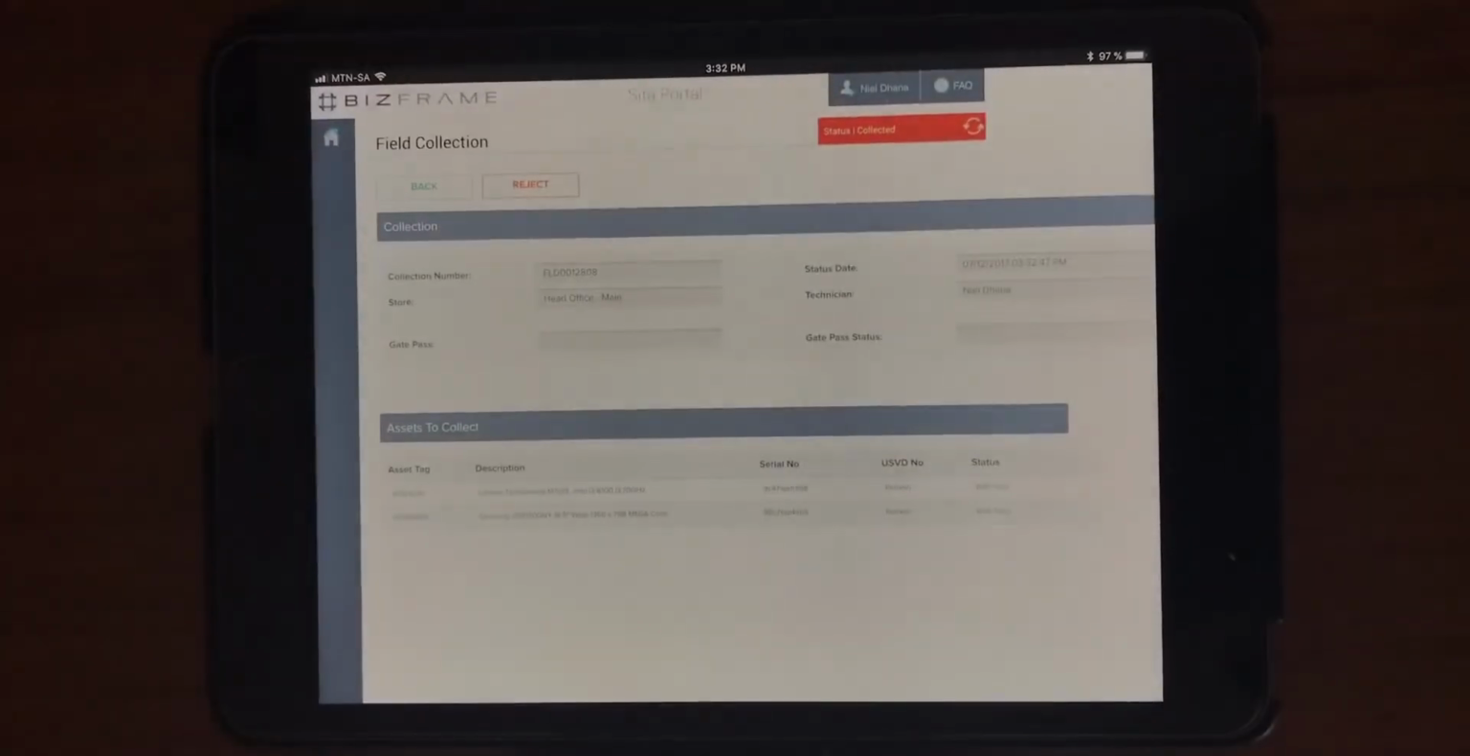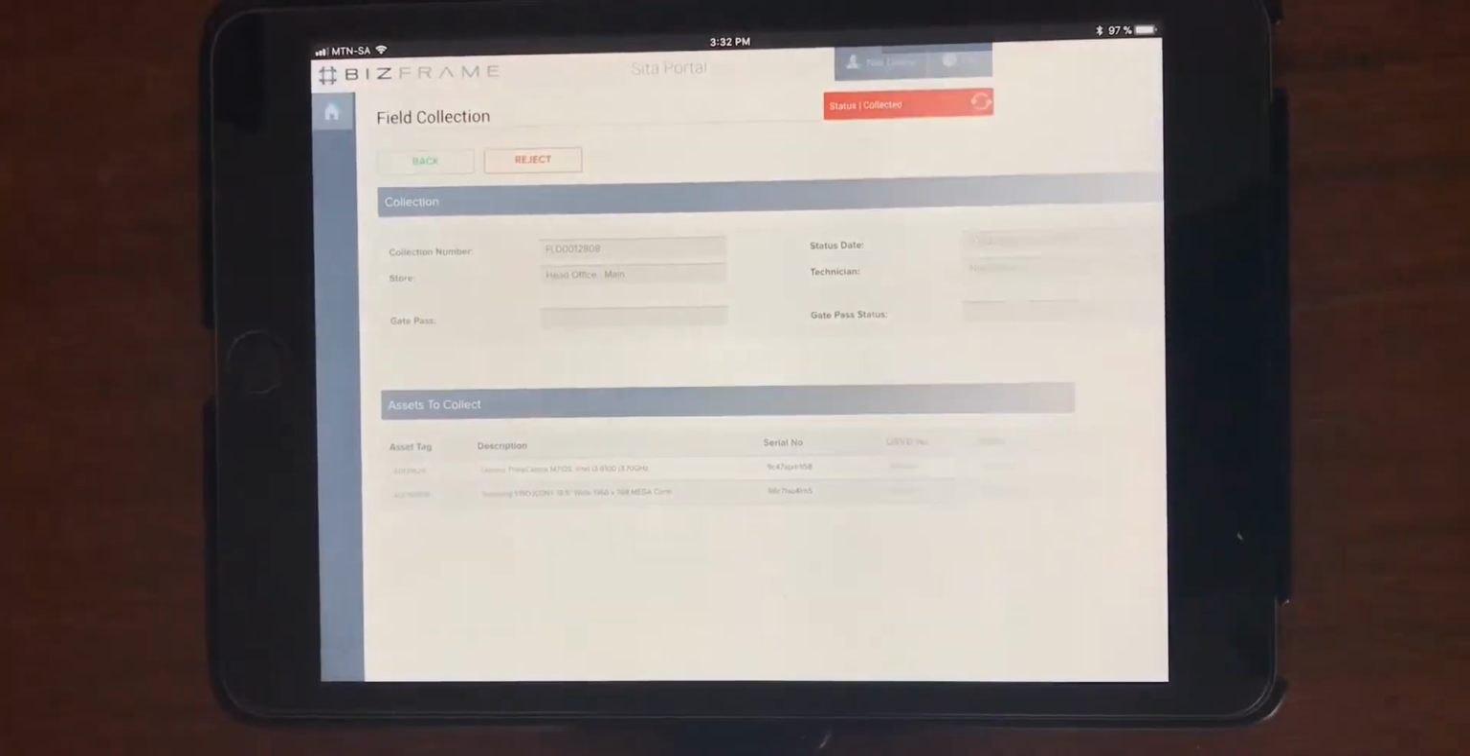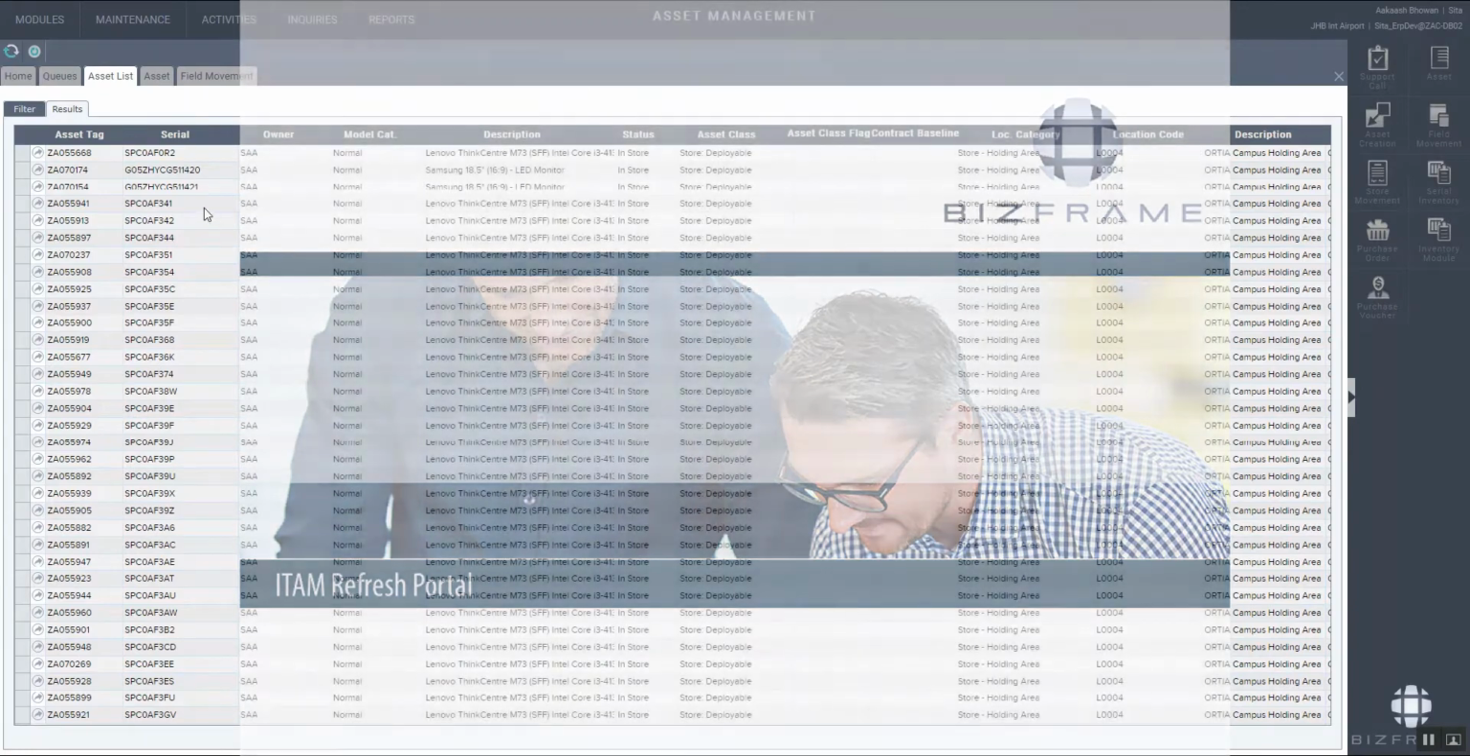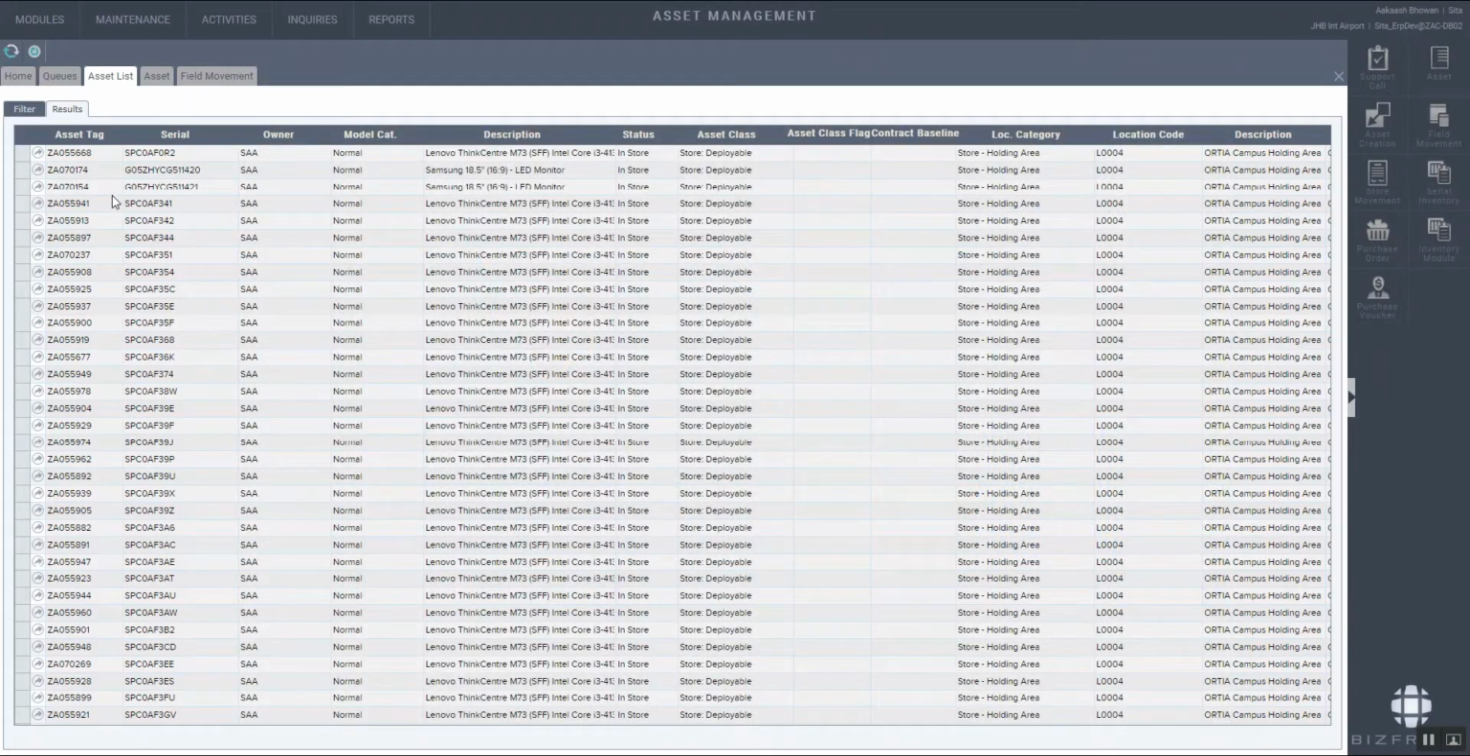I will be switching back between the application and the portal to highlight how the portal and the application work together. The application via the portal is updated in real time, and the reporting and SLA capabilities within the application are huge. I'm now going to switch over to the main application and drill down on one of the new